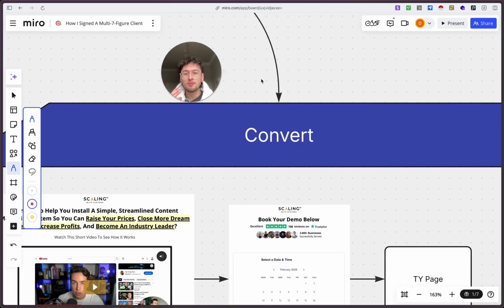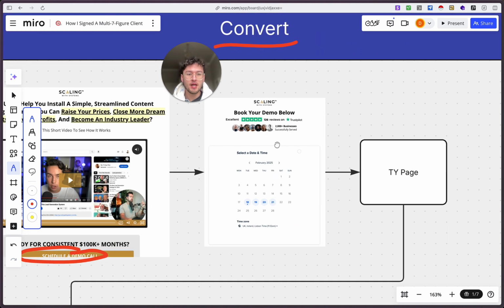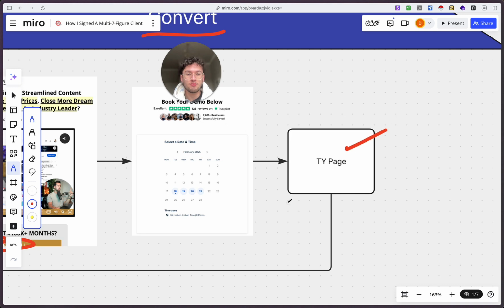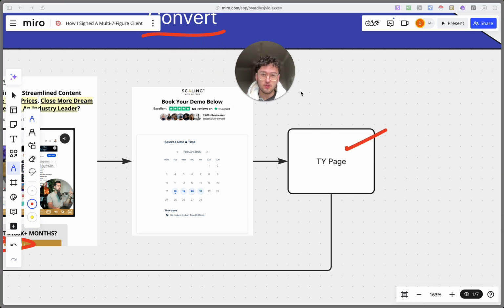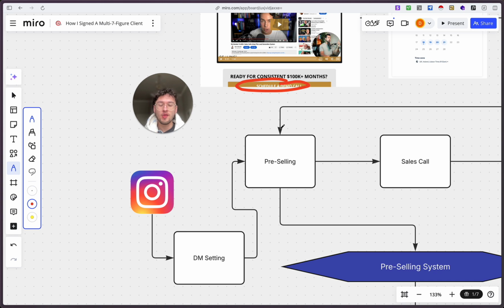Now, once you've got people in your funnel and you've educated them about your value, your offer, and your personality, you can now try and convert them. So once these people have hit your landing page, they're already somewhat familiar with you. If they click on the CTA, they're going to be directed to a booking page. And if they book, they'll go to a thank you page. Now, this thank you page, we also call a pre-sale page because it's designed to have more information to pre-sell those people on showing up to that call. So as you can see here, after the thank you page, those people are going to enter pre-sell systems.